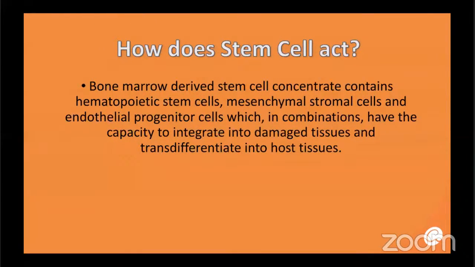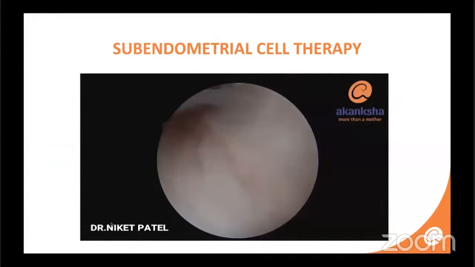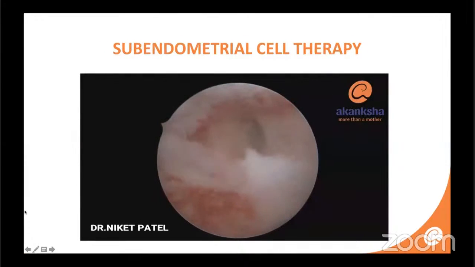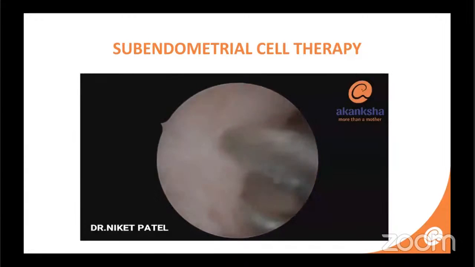Now, how do these stem cells act? Bone marrow derived stem cell concentrate contains hematopoietic stem cells, mesenchymal stromal cells, and endothelial progenitor cells, which in combination have the capacity to integrate into damaged tissues and transdifferentiate into host tissues. Now, this is my video on how we inject the stem cell concentrate hysteroscopically into the walls of the uterus,